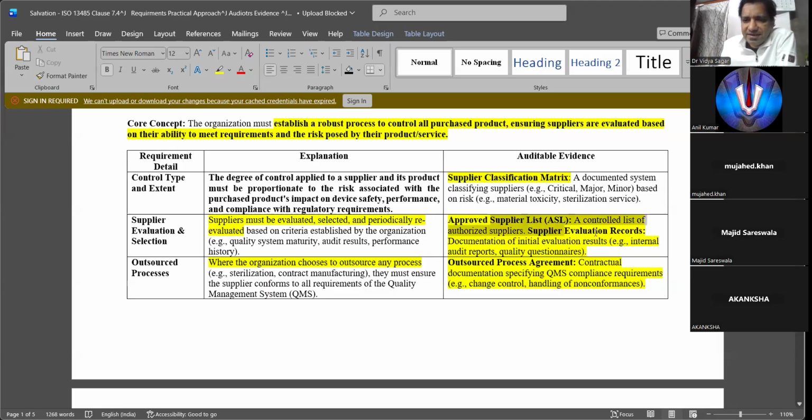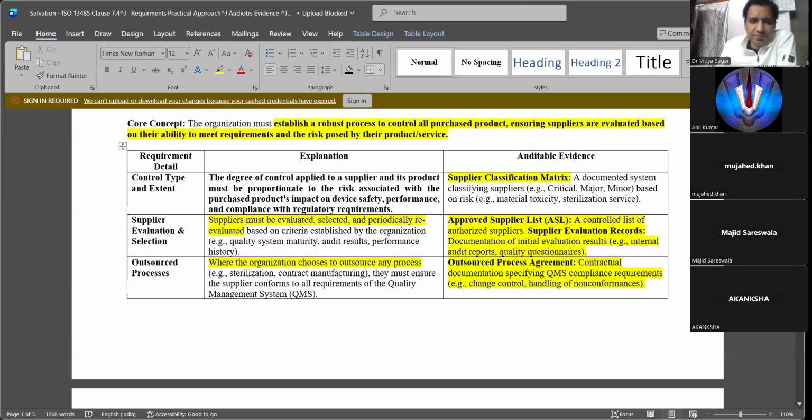So you should have the supplier evaluation records, whether you do them on site or online, since you can do audits online also. Something you have exports from Ukraine or other places in West Asia, or even Russia, where it is not possible to go on site and audit. There are a lot of places where wars are going on. So you can have an online audit, where you ask them for a lot of documentation and reports and check them. That is for supplier evaluation and selection.